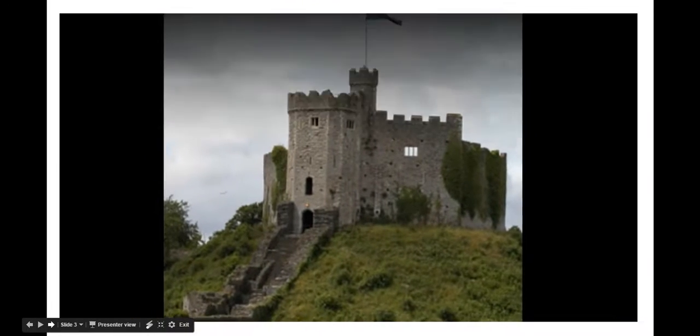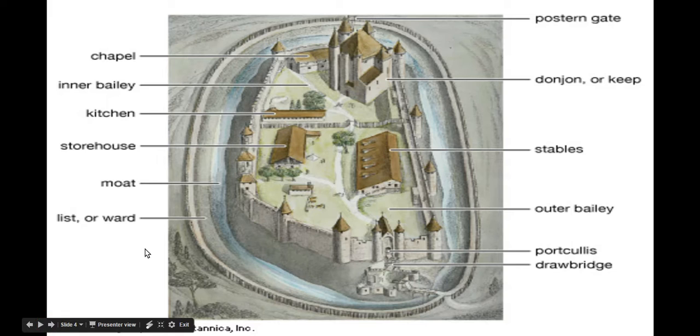And those old castles are still around today, many of them. So let's take a quick look at a fortified castle. As we look, we have a first perimeter here, and we have a moat. Then we have the guardhouse and the gate here. Then we have the next fortified area made out of stone, the main keep where the king and his family